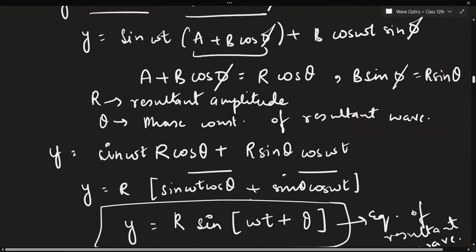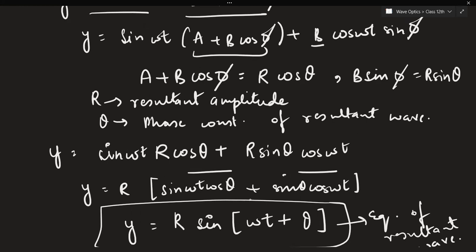Okay, see here. A plus B cos theta, I'm referring to this as R cos theta, and everywhere this will be referred to as R cos theta only. This is the resultant cosine. Similarly, B sine theta, from here also, B sine theta, this is written as R sine theta. And from here, A plus B cos theta is written.